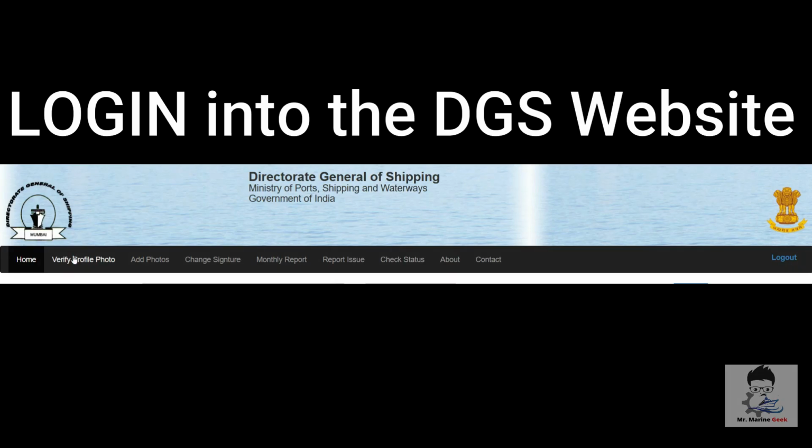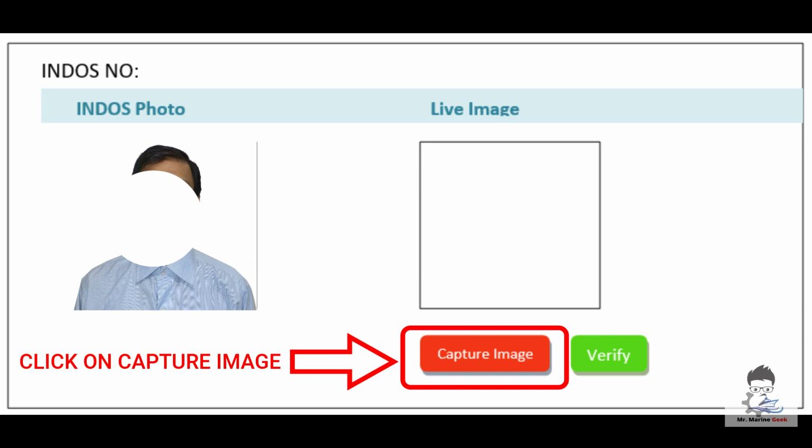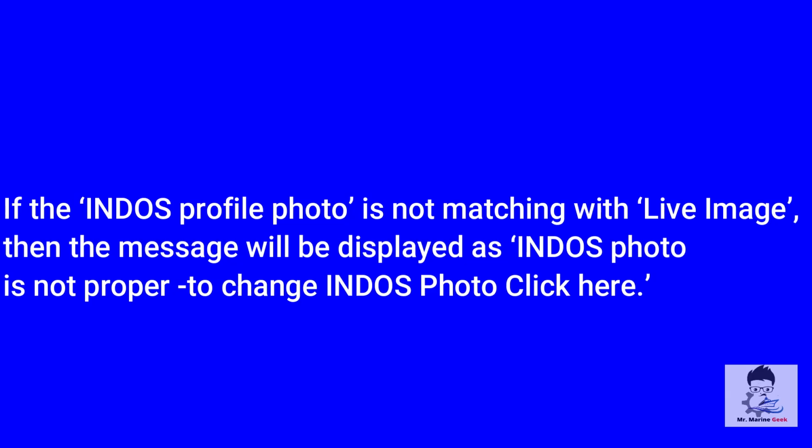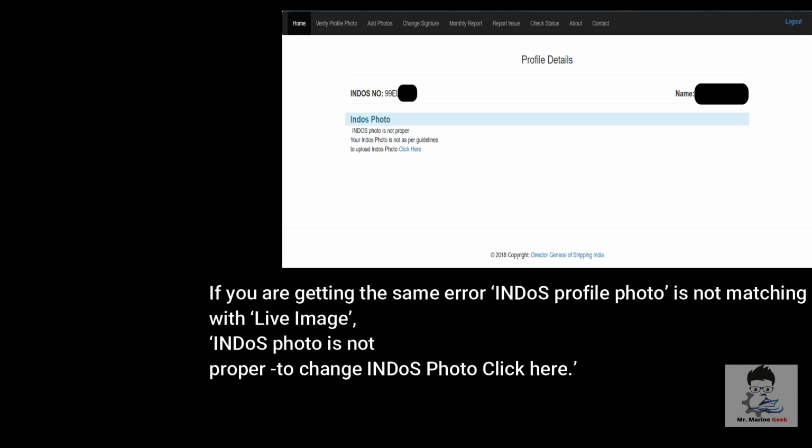Log in to your DGS website and go to Verify Profile Photo. Start the webcam, capture image, verify, and if the Indos profile is not matching, then it will come as change your photo. Then change your Indos profile photo.